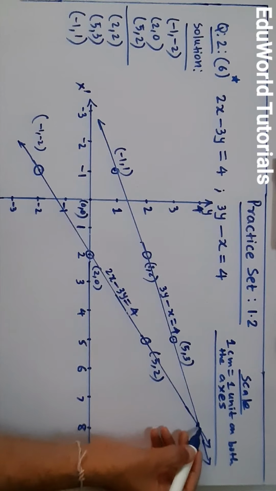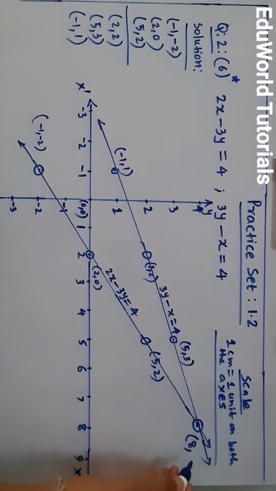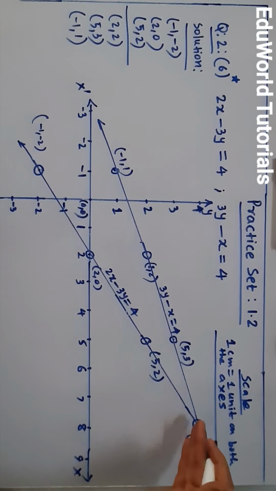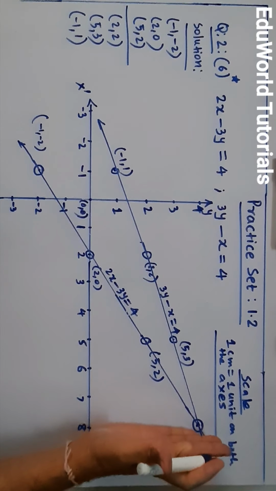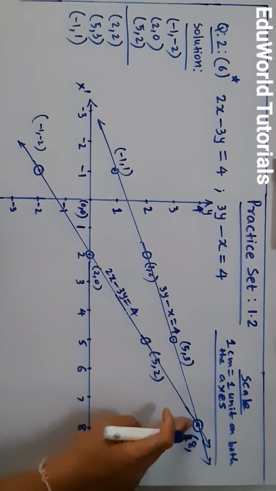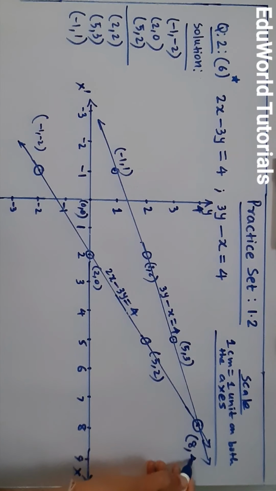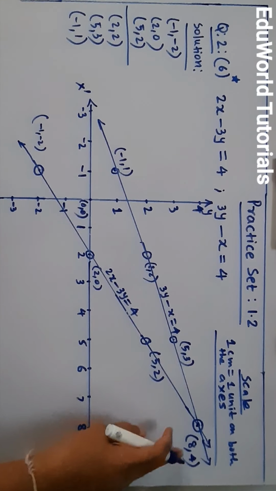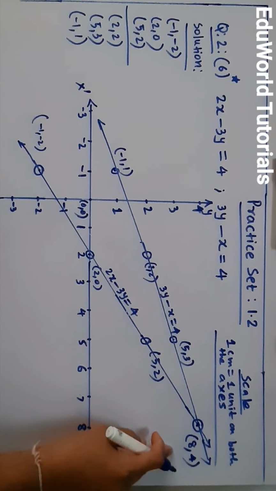And I see that the graphs of both the lines intersect each other at this point. This point has the ordered pair, or coordinates, 8, 4. If you see properly, this is without graph paper, but I can see that this point has the first coordinate, the x coordinate, as 8 and the y coordinate as 4. So this is how I get 8, 4 as the point of intersection of both the graphs. And this is nothing but the solution set. This is the solution for both these equations.